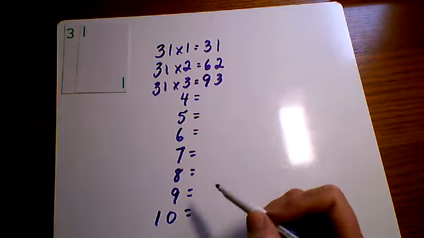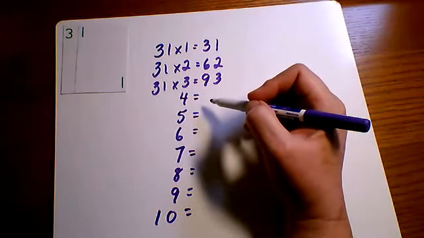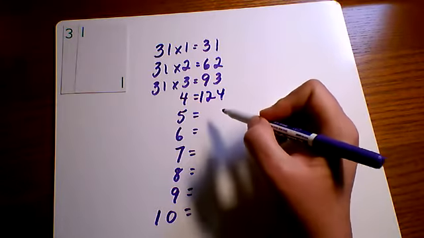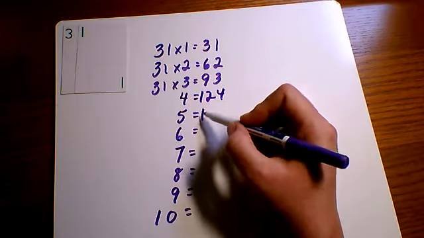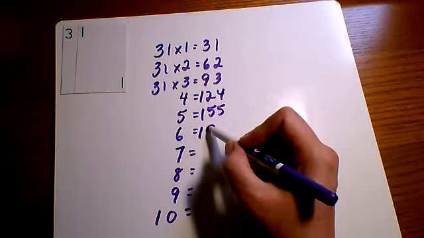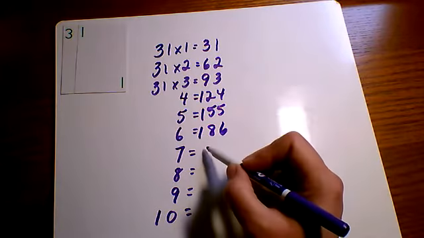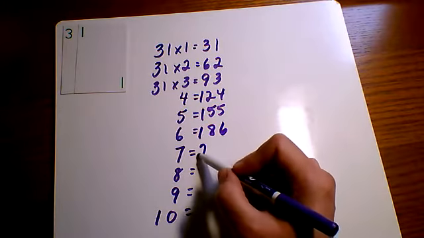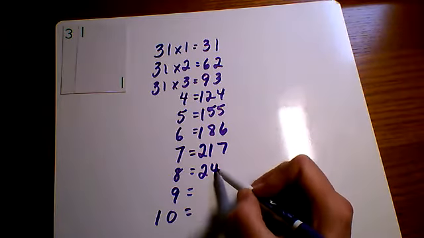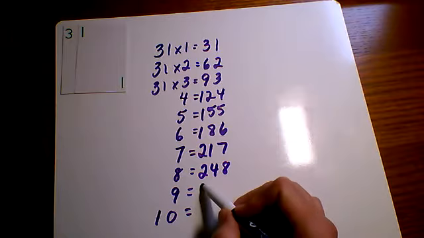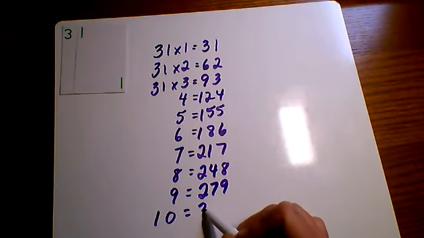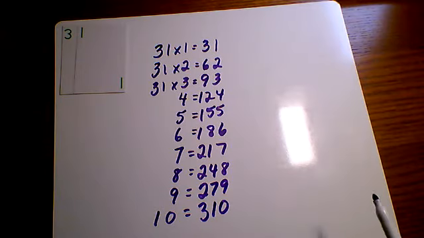Okay. And then, 31 times 4 is 124. 31 times 5 is 155. 31 times 6 is 186. 31 times 7 is 217. 31 times 8 is 248. 31 times 9 is 279. And then 31 times 10 is 310. Okay, so